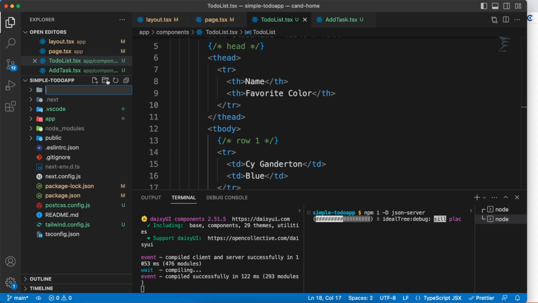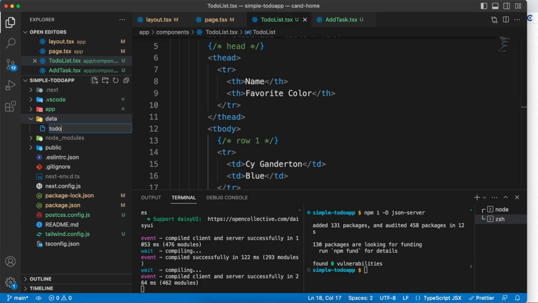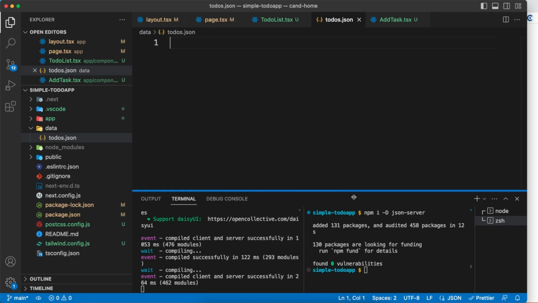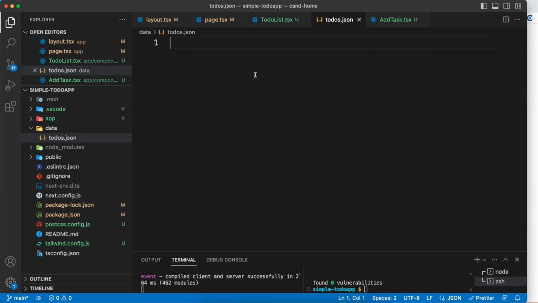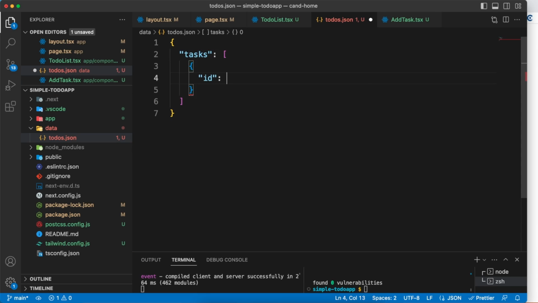Let's minimize all the files here, and I'm going to create a folder in here called data, and inside this data I'm going to create a file called to-dos.json. All right, so in here what I'm going to do is create an object, and I'm going to say tasks. All right, and this tasks is basically an array, and inside this array we have a couple of objects. So I'm going to say ID here, and the ID should be, for now, let's say 1. This is basically a string, so I'm going to say 1 like so. And also the text, I'm going to say, let's say, buy milk